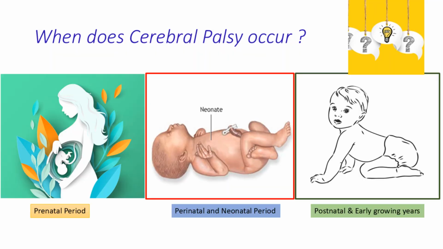Cerebral palsy, as I said, occurs because of non-progressive disturbances in the developing fetal or infant brain, that is during pregnancy, during delivery and post-delivery in the first year of life. Any damage which occurs to the brain in this period of time can cause cerebral palsy. So what are the most common causes which you have to keep in mind in the prenatal period, that is